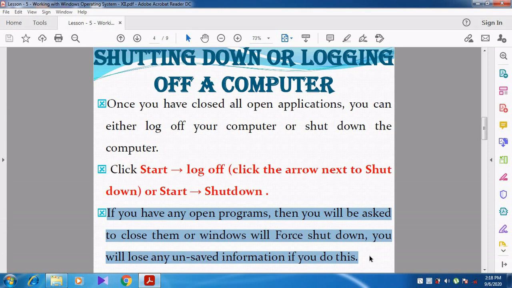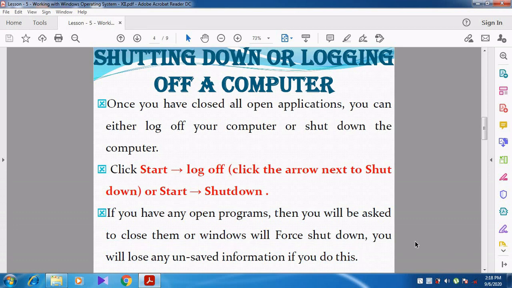You will lose any unsaved information if you do this. So before shutting down the computer, you should save the file and content, and then only shut down the system. Right? Before logging off also you should do the same.